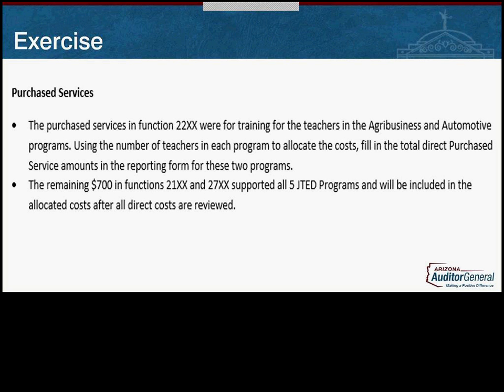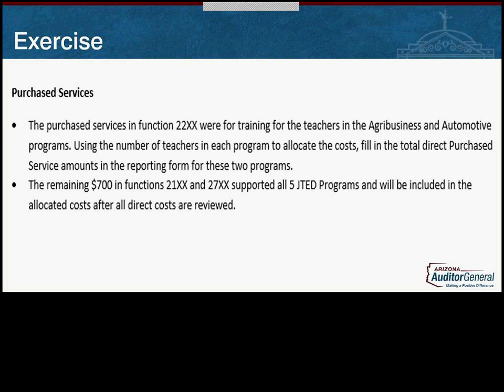If you look at the purchase service amount in 2200, we see $6,000. And if we look at the number of teachers in these two programs, we see agribusiness has 2 teachers and automotive has 1. So we have a 2/3 to 1/3 ratio using the number of